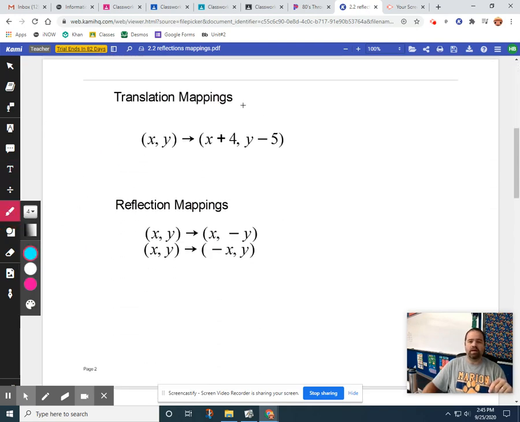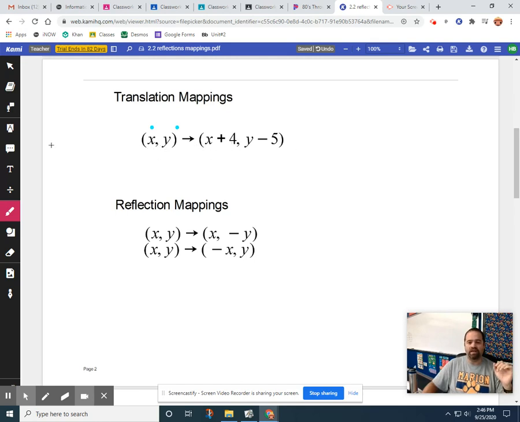The translation mapping looks something like this here. It basically said how every x, y pair, every coordinate, every point moves. Anything that's added or subtracted onto the x tells me how it's moving left and right, and anything that's added or subtracted from the y tells me how it's going to move up and down. So what this mapping says to me when I read it, it says, hey, every point moves 4 to the